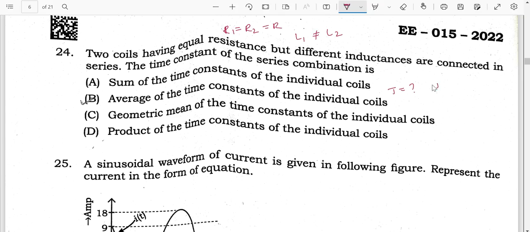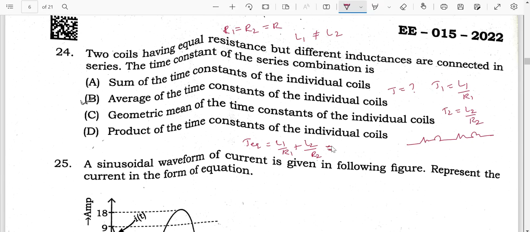Let me take T1 equal to L1 by R1, T2 equal to L2 by R2. Now when they are connected in series like this, what is the total equivalent? T equivalent will be, when I add them, L1 by R1 plus L2 by R2. Now when these two resistance values are equal, then